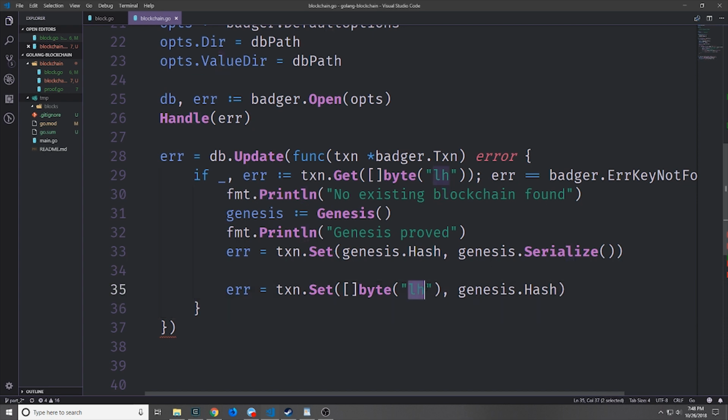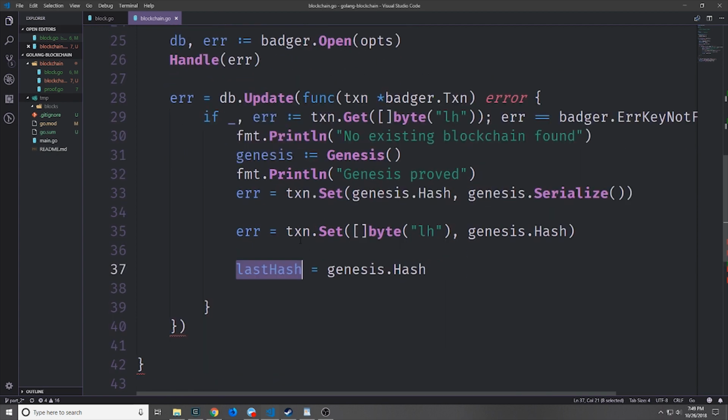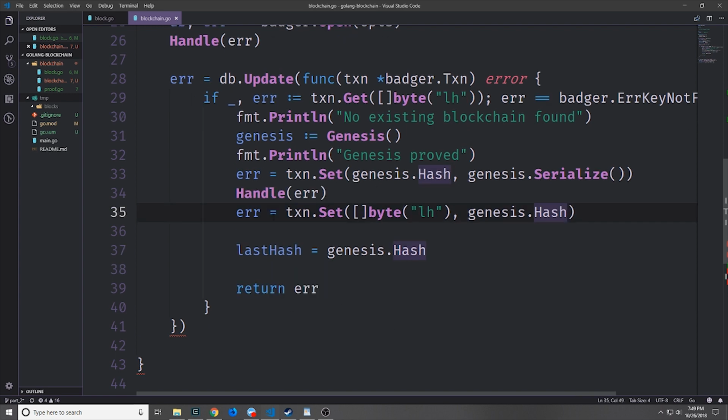So we'll set it to the key of LH. And we also want to take our Genesis block's hash and set it to our last hash variable so that we can put it into our memory storage. Let's add a little bit of error handling here as well. So for this error, we have to call our handle function. And then for this error, we can pass it back from the closure and then handle it outside of the